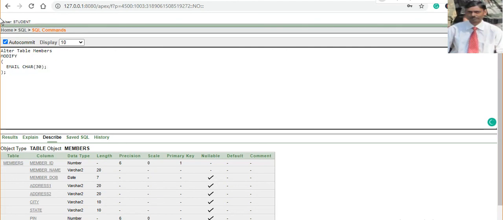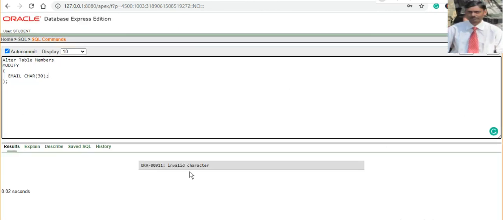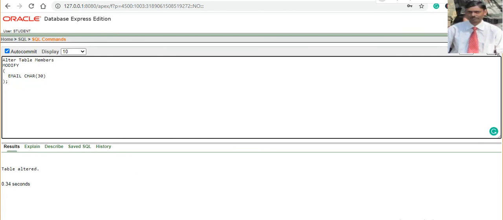You can change width also. Okay, now I am going to execute this. Sorry, a semicolon is required at the end of the command. Table is altered. Is that fine?